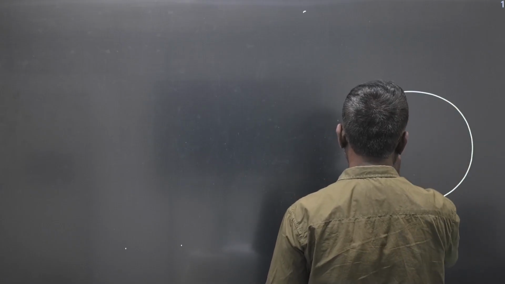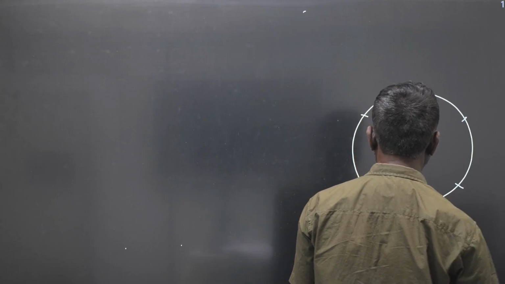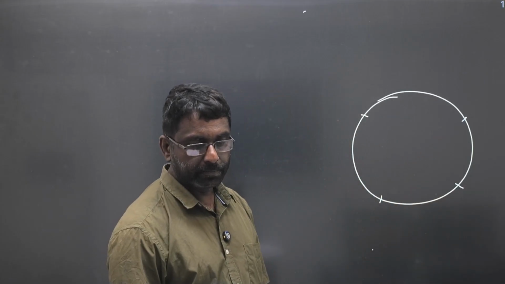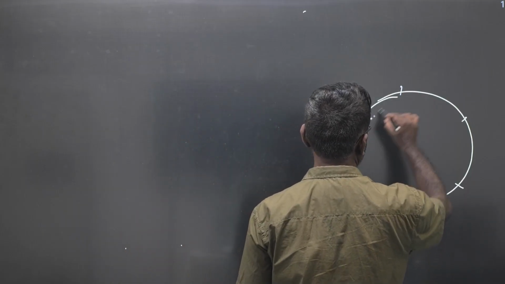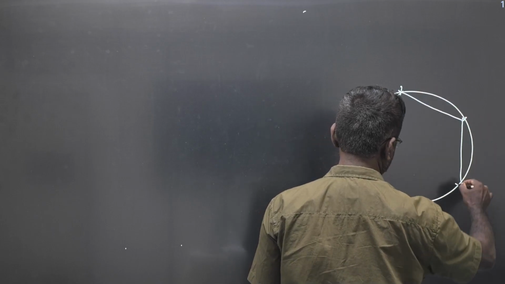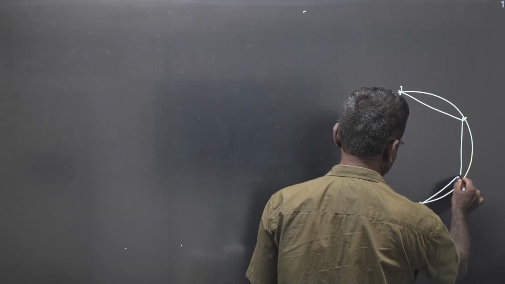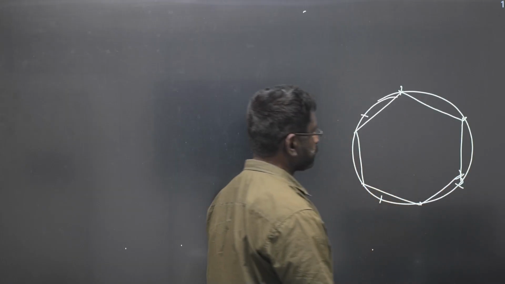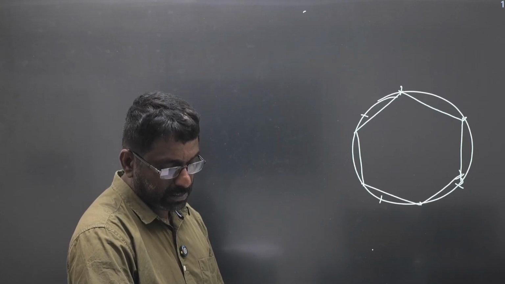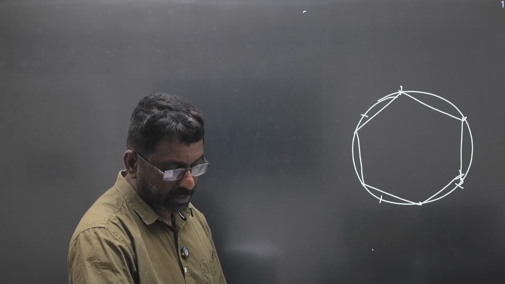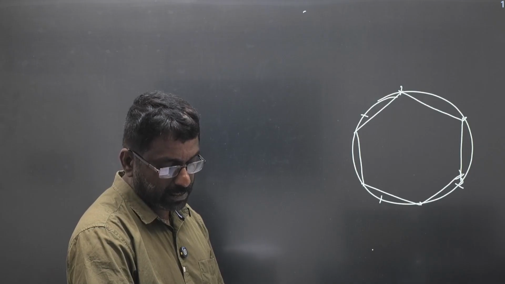This is the figure given. A round table cover has 6 equal designs as shown in the figure. If the radius of the cover is 28 centimeter, find the